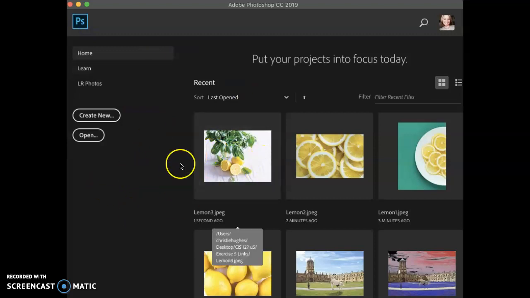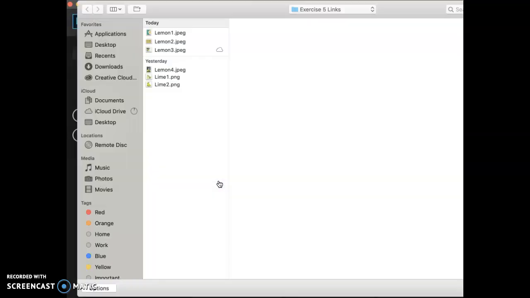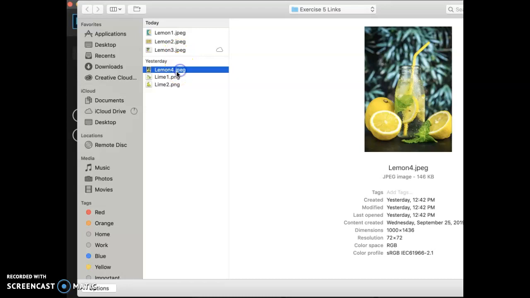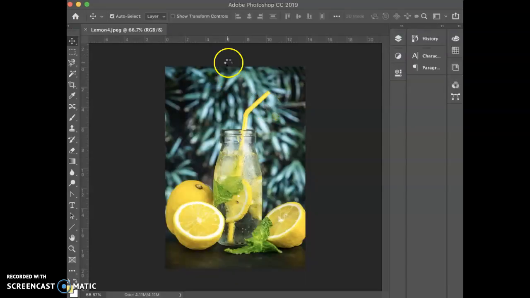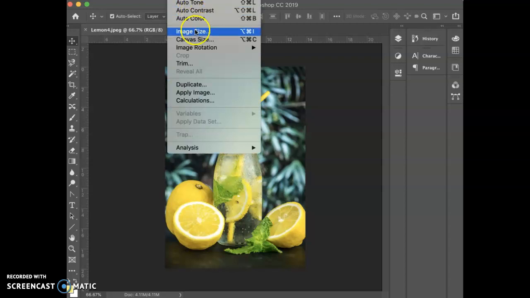Okay, and then the other one, I think we have one more file. You do a file open or Control or Command O. Yep, we have one more file. We're not going to worry about the Lime ones because they are vector PNG files. So this one, Lemon 4 is our last one. Go ahead and open that one and then do image